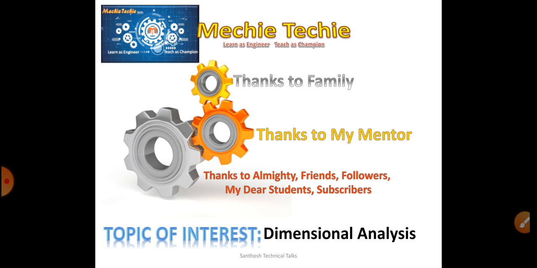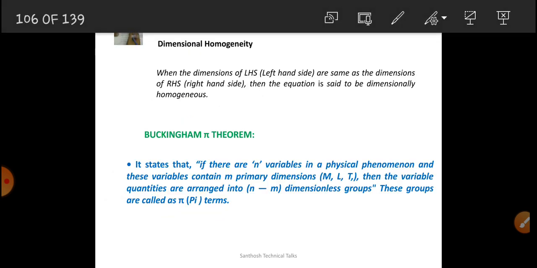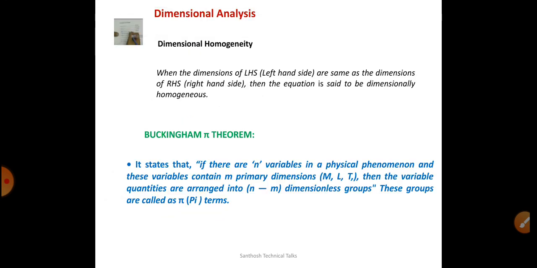Here we have to know the dependent and independent variables. That is enough for finding a relationship between the variables. So, with this introduction, I would like to move on to dimensional analysis. First, we have to ensure that in dimensional analysis, dimensional homogeneity is an important thing. The dimensional homogeneity illustrates